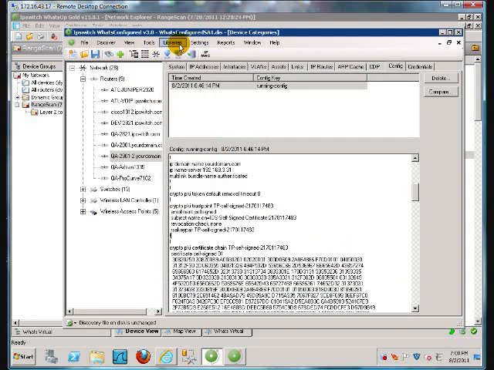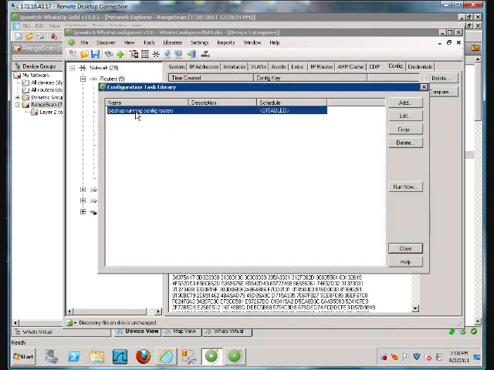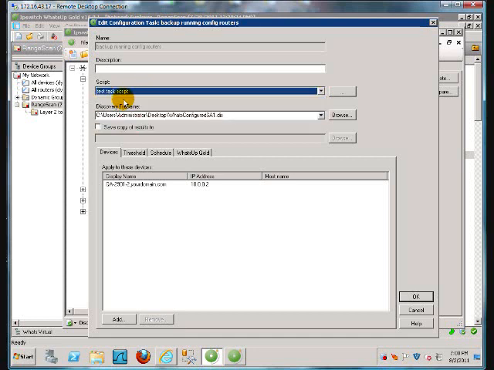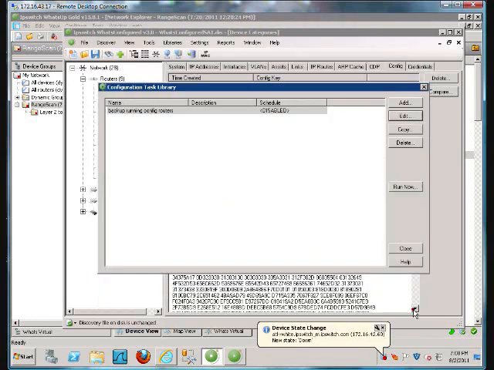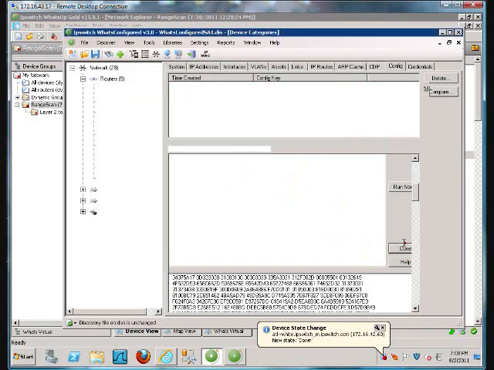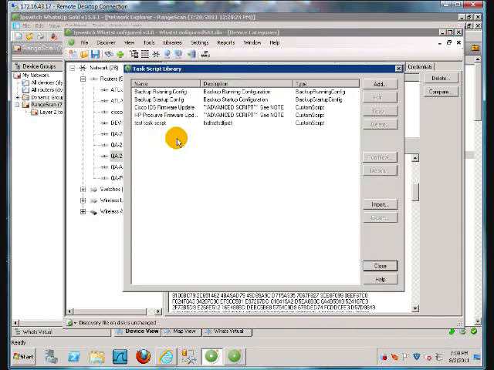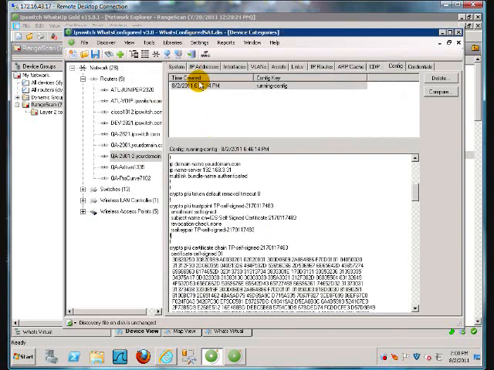Just backtracking a little bit, you'll notice in the task library I said backup running config, correct? If we edit this, we chose backup running config. If this didn't work and they had to write their own script, they would choose their own script instead of the generic one. But again, we're only talking about exporting for the moment, so if they have created their own custom scripts and they choose to export them,